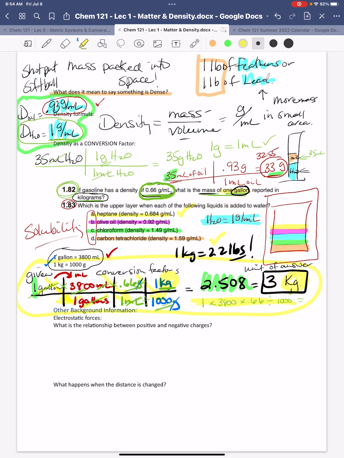Electrostatic forces, okay, basically positive and negative forces. I know you guys are probably too young to remember who Paula Abdul is, but if you look her up and look at Opposites Attract, there's a funny song, it was in the 80s or something like that. So I think you guys probably know this, right? If I put a positive and a negative charge together, they attract each other. If I put a positive and a positive or a negative and a negative together, they repel each other.